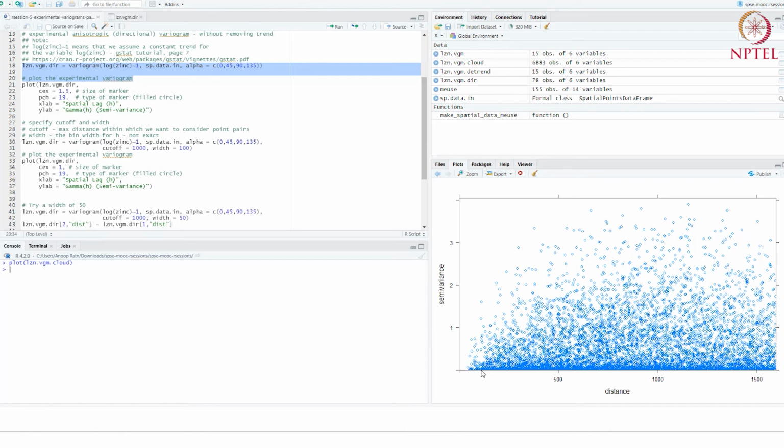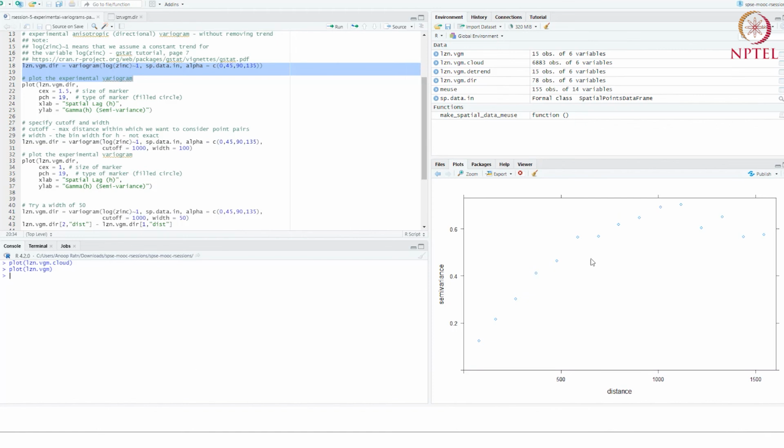If my bin is 0 to 100, then I will go from 0 to about 100 and group all of the points that are separated by 0 to 100 units of distance apart, and then 100 to 200, 200 to 300, 400, 500. So it's basically how I am grouping these points in the cloud to go from the cloud to this variogram.